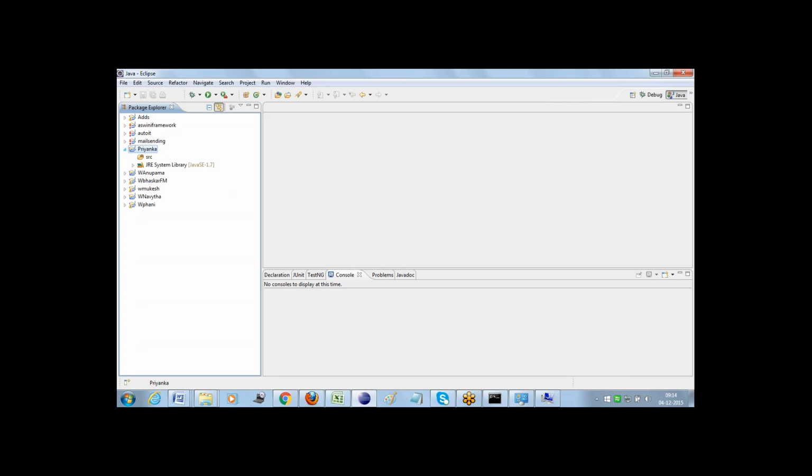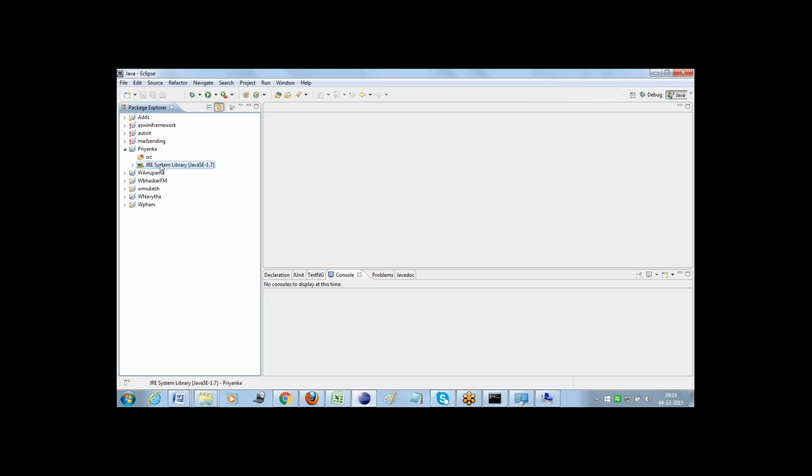Beside Priyanka you can find an expand button. Just click on expand. Whenever you create a Java project in the Eclipse editor, by default Eclipse populates two different folders: one is the SRC and the other is the JRE System Library.